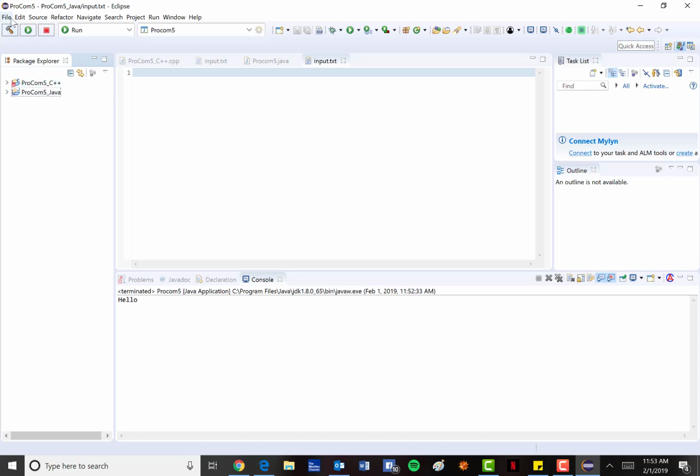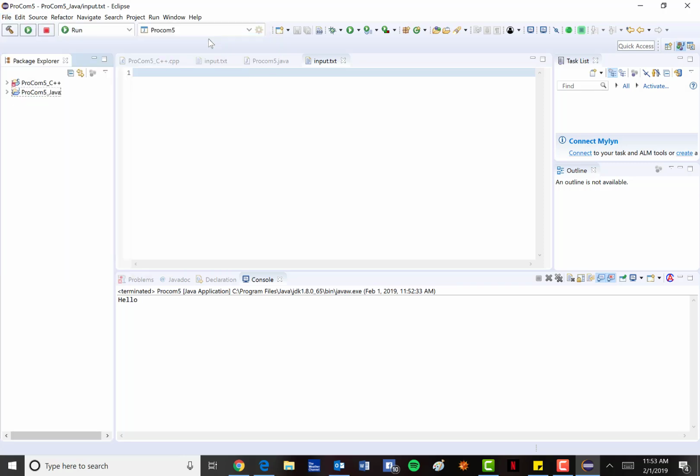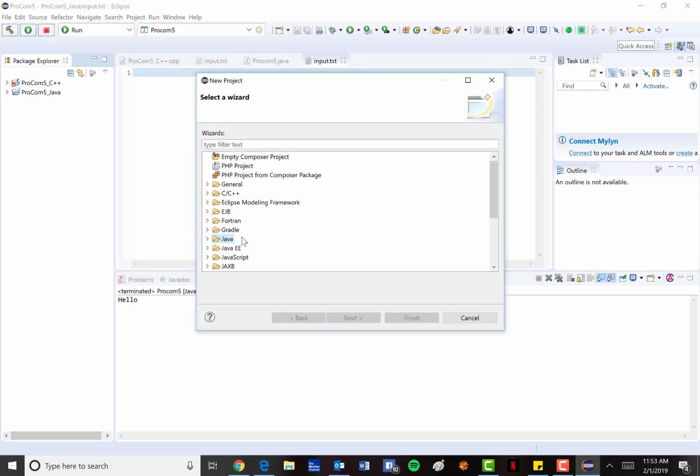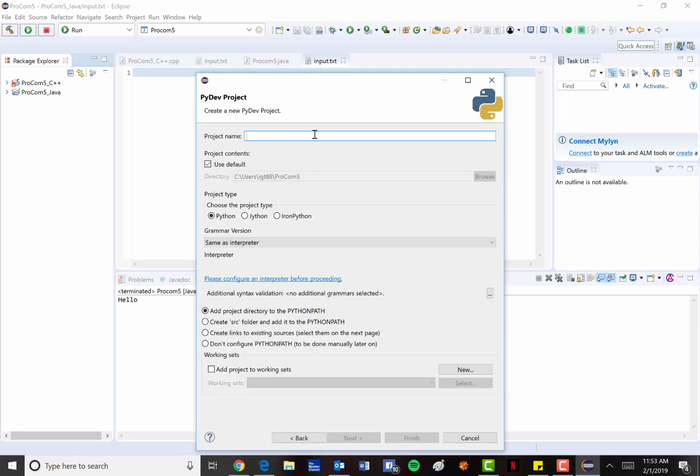Moving on to Python. Click on File, New. At this point, we're going to select Project. And now we want to go to our PyDev, which is going to allow us to use Python in Eclipse. New PyDev project, click Next. Okay, paying close attention to the details of setting up these projects. Each one is slightly different. So here, I want Procom 5, Python,